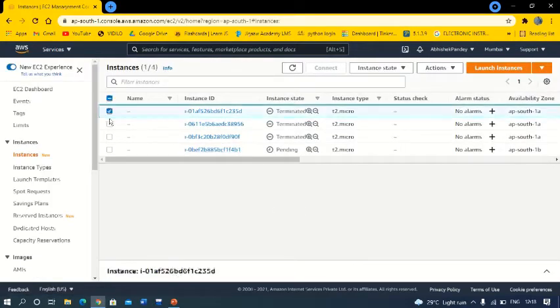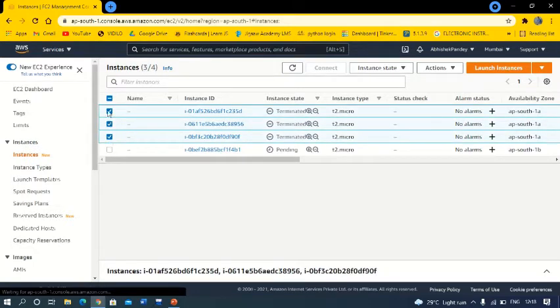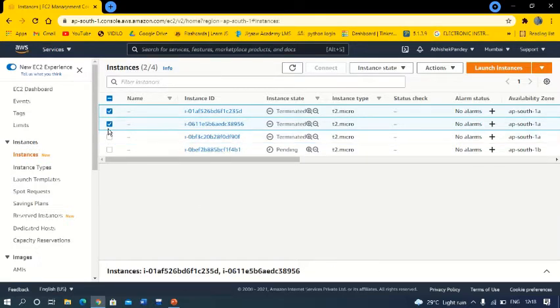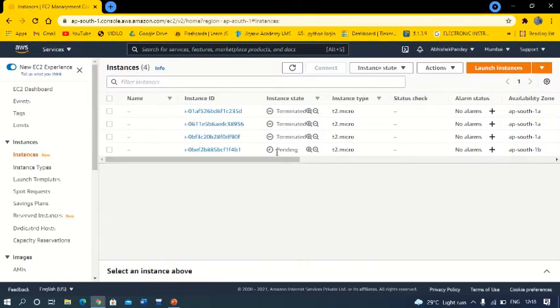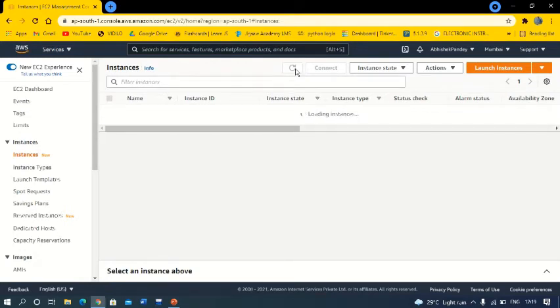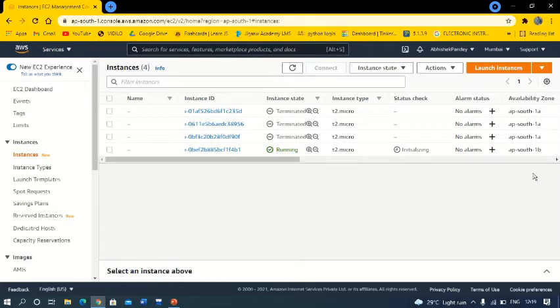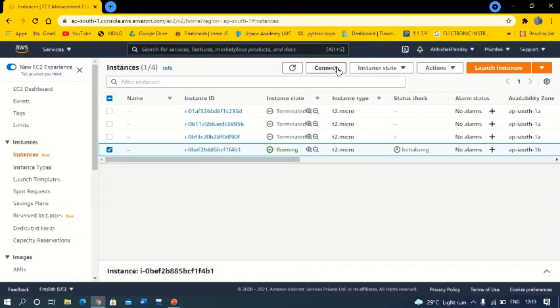These are my previous instances, so you don't need to worry about it. This is our current instance, whose status is showing pending. So let's wait for a few seconds so that the status becomes running. Let's refresh it. It takes a few seconds to a few minutes to launch the instance and for the status to be running. Yes, now it's running. So all we have to do is click on this and connect.